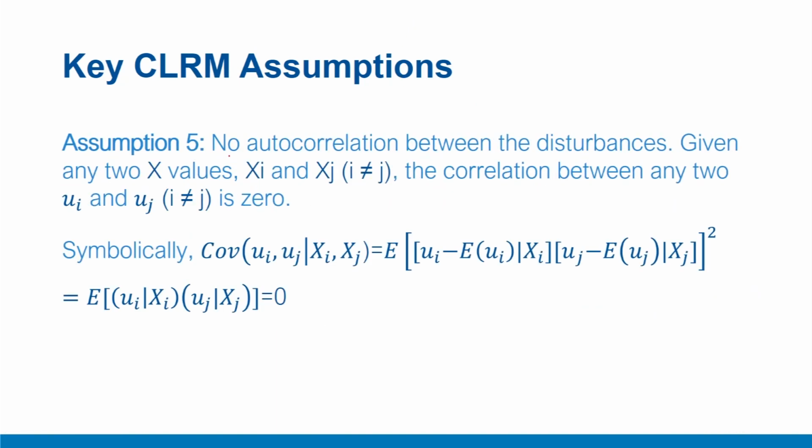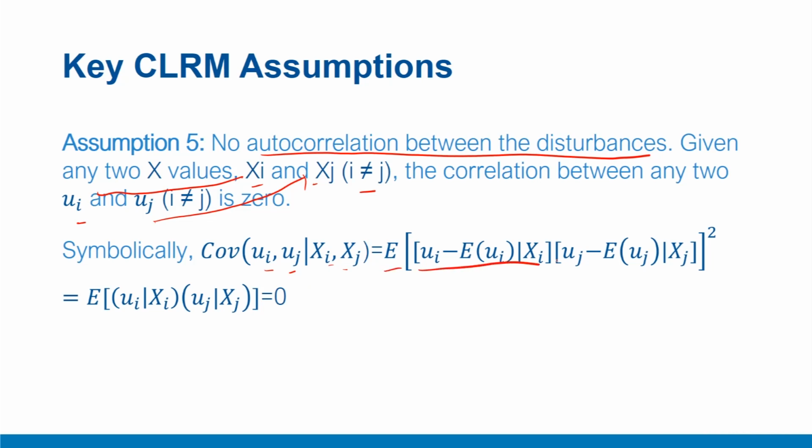Another very important assumption, assumption number 5, is no autocorrelation between the disturbances or error terms. For any two values of xi and xj where i is not equal to j, the correlation between mu i, corresponding to xi, and mu j, corresponding to xj, should be 0. In symbolic terms, the covariance between mu i and mu j, given xi and xj,